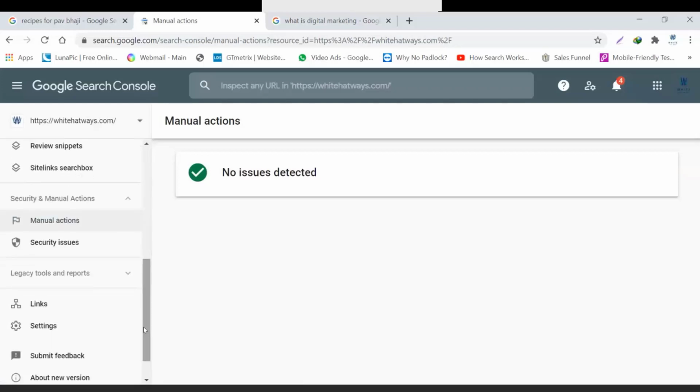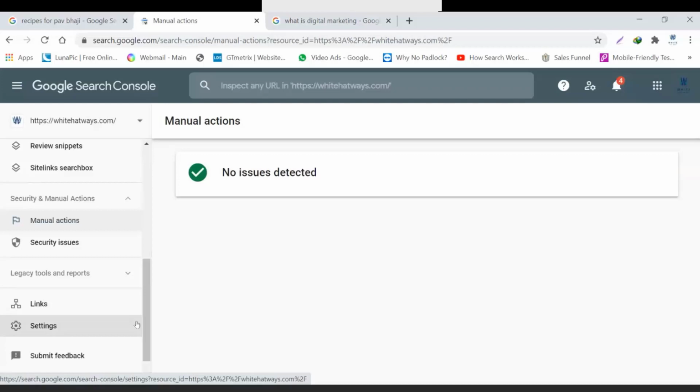So anything that you think Google might catch you for, and you have some idea or some inhibitions, or you think that something is going wrong and I'm doing something wrong maybe, and you just want to see and have a fair idea if Google has taken some action, you would come to this particular manual action column, and you will get to see all such data.